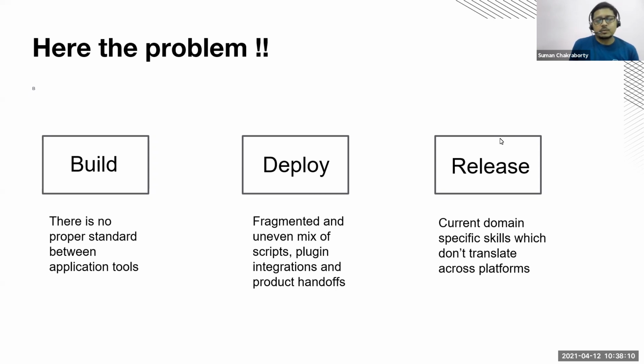So we don't have a homogeneous deployment scenario where we can identify a specific tool to serve a purpose. What has been seen is that there is a fragmented and uneven mix of scripts in these stages, which sometimes leads to confusion on the developer side about which particular tool would be suitable